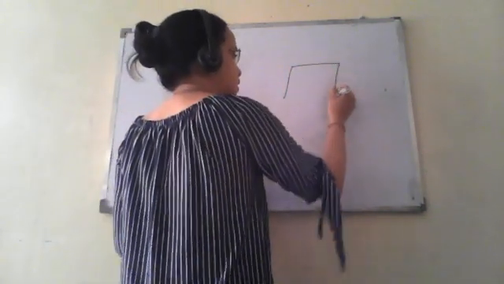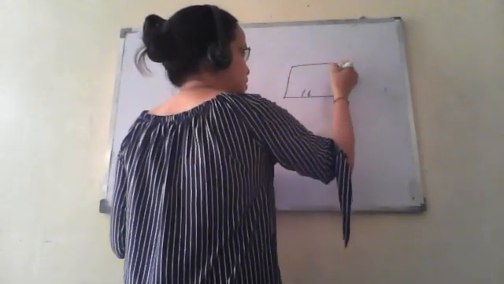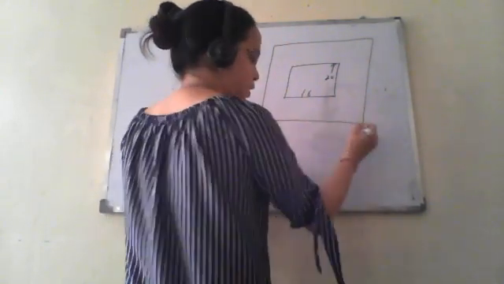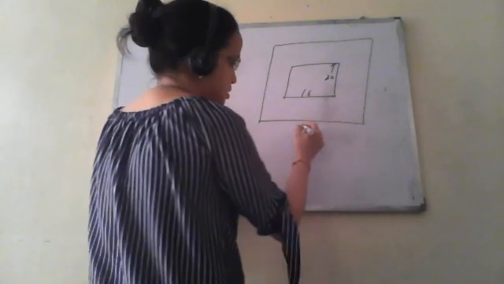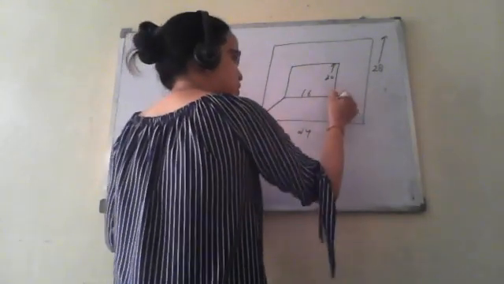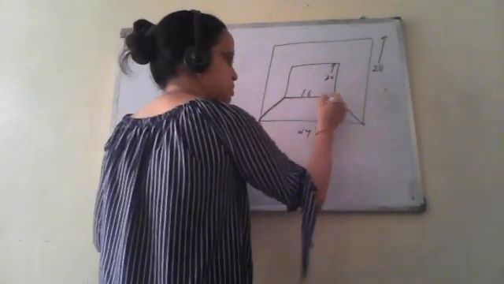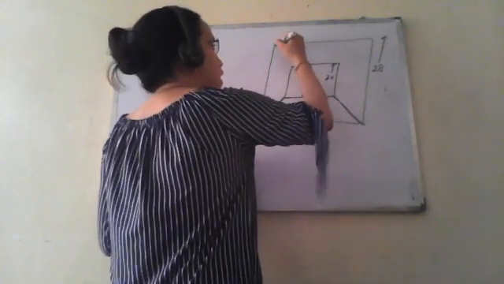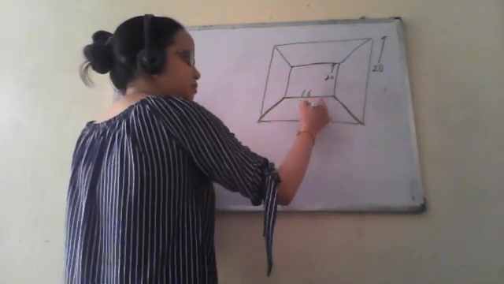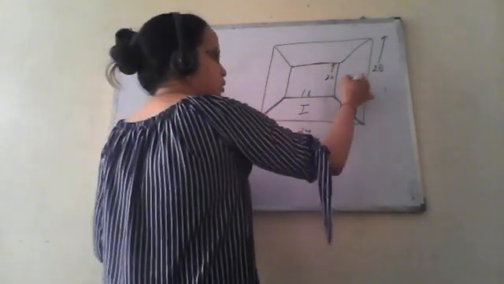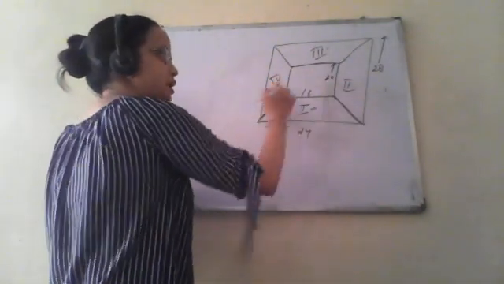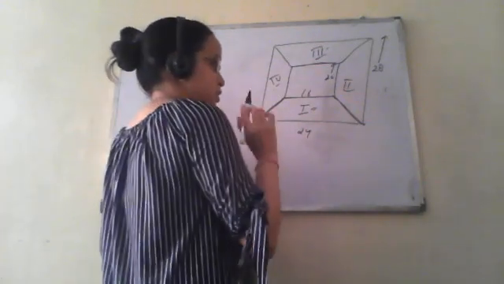There is an inner area. Dimensions are 16 and 20. This is the outer dimension. This is 24 and this is 28. So this section, and the upper one, means along the length. This will be the same. If I term each section 1, 2, 3 and 4, the area of 1 and 3 will be the same, and 2 and 4 will be the same. Okay. So how do we have to calculate?